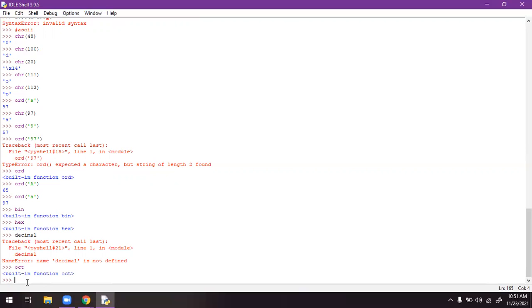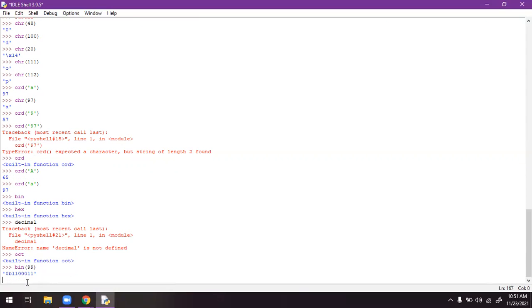Take an example. Binary of, I'm writing, 99. Let me check if I get any value. So binary of 99. This 99 is a decimal number. If you convert the decimal number, you will get the answer like this. How can you interpret this?